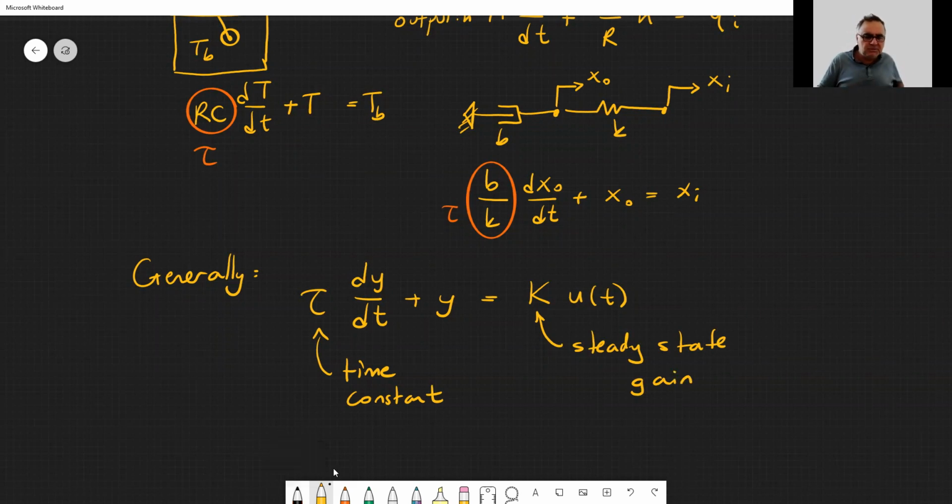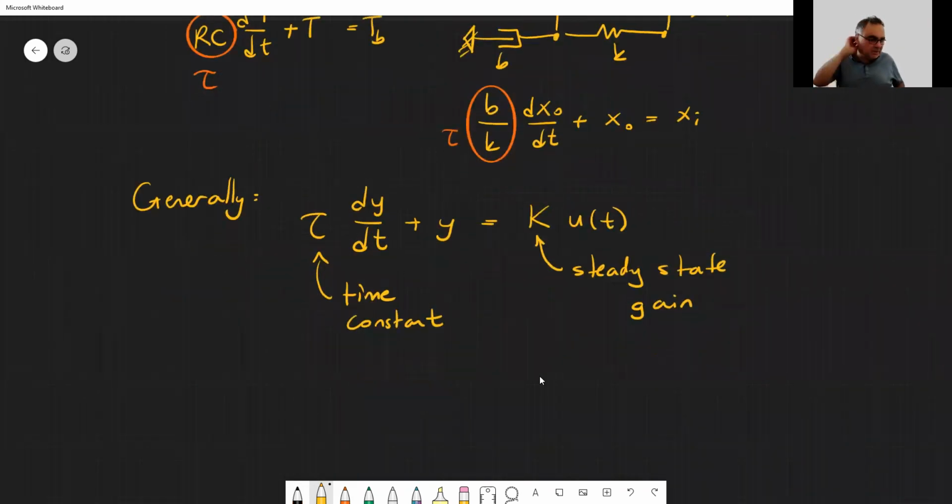So first order systems can be represented by two parameters. Actually, the most important parameter is the time constant. Then there is the scaling parameter, which is the steady state gain. Now, the steady state gain is the steady state gain because when things are settled down at steady state, let's